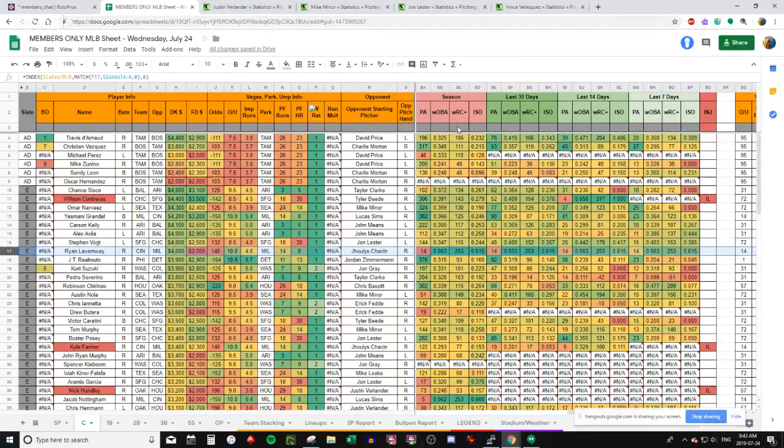We've got wOBA, wRC+, and ISO for season, last 30, last 14, and last 7 days. So we can really break down how a batter is trending or a pitcher is trending. So I'm going to be adding that to the lineups tab so that you can easily take things further in your research and find trends to sell you one way or another on a player,